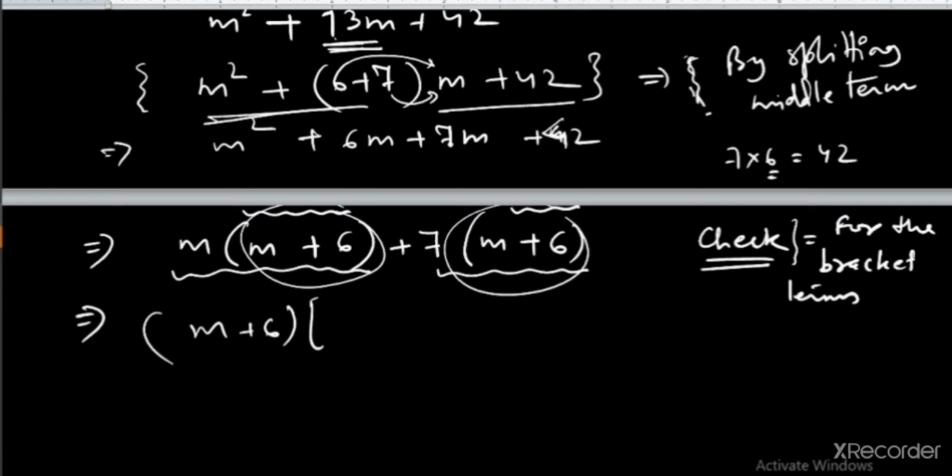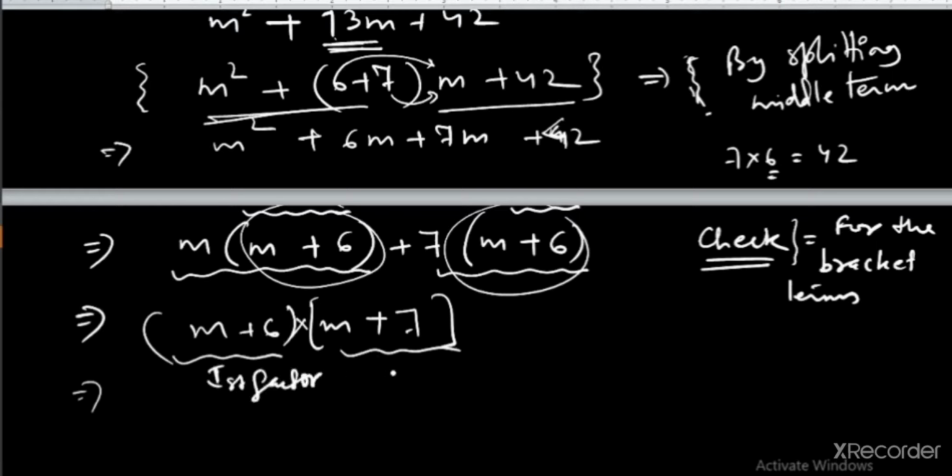As I told you, once the common part is taken out, whatever is left, keep it inside. So m is left out. Then plus is left out. Then 7 is left out. Put it inside. So finally, you are getting this as one factor and this as one factor, because in between these two brackets we have only the sign of multiplication. It shows that this is one factor, this is the other factor. So you can say this is the first factor and this is your second factor.